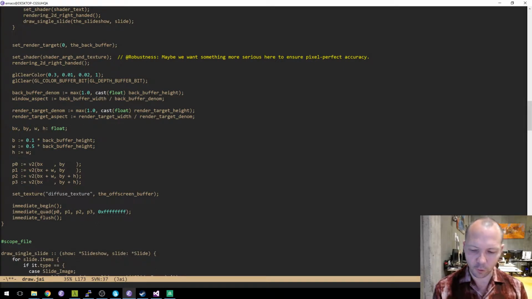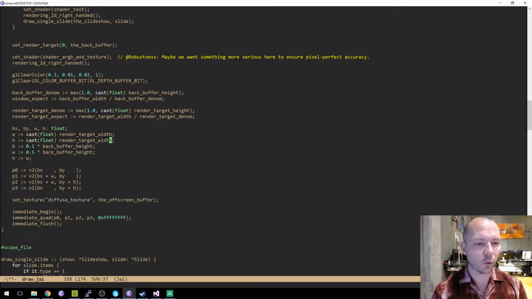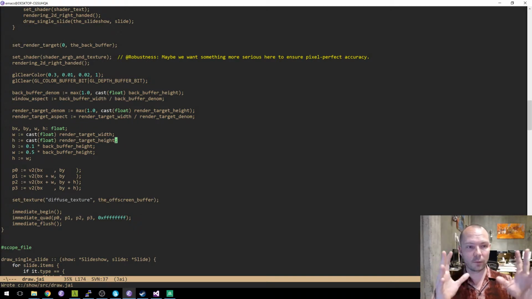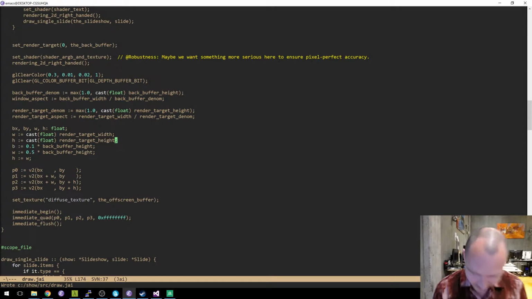Let's just say right now W is cast to float of render target width. Later we might want to adjust that, but for now we're going to size the render target well. We're going to resize the render target with the window eventually, but we're not doing that yet.